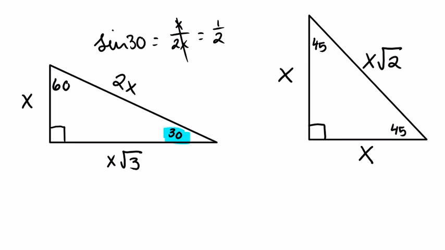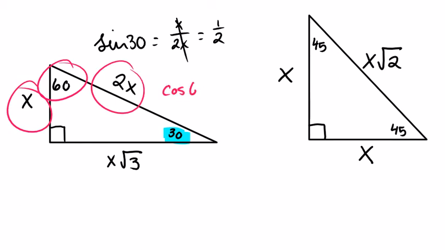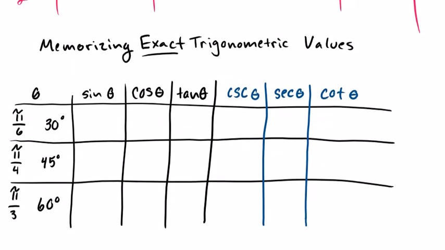Alright, so the cosine of 60 degrees, if I'm looking at 60 degrees, cosine is adjacent. Cosine of 60 degrees is adjacent over hypotenuse, or x over 2x, which is 1/2. So you're going to see with sine and cosine, there's going to be relationships with these complementary angles. Alright, and there's going to be interesting relationships with a 45, 45, 90 right triangle, since two of these sides are the exact same. So if I go back to my chart here,